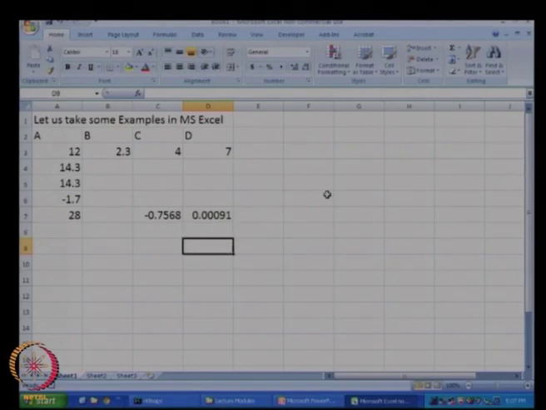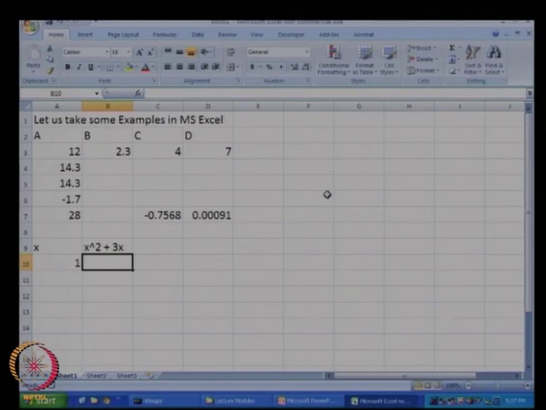Okay. Now, let us look at the case where we have certain numbers x, and we want to find x square plus 3x. Let us say I start with a value of x equal to 1.